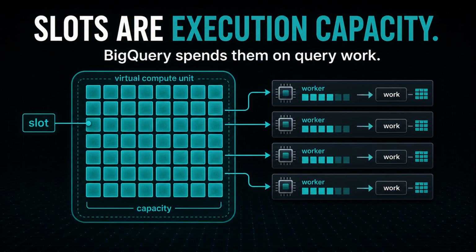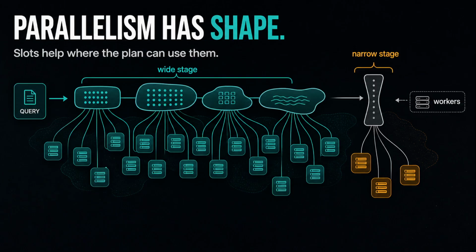So if it is none of those things, what is it? A slot is BigQuery's virtual compute unit. It bundles CPU, memory, and network together, then hands that bundle to a piece of query work for as long as the work needs it. Right, so it is rented compute, and the docs linked in the description spell out exactly what a slot bundles. You never touch the actual hardware. Yes, Google can swap the whole fleet overnight and nobody relearns any hardware math. And that is the point. A slot is currency, not a machine. Now take that definition and watch a real query run, because that is where slots start moving.